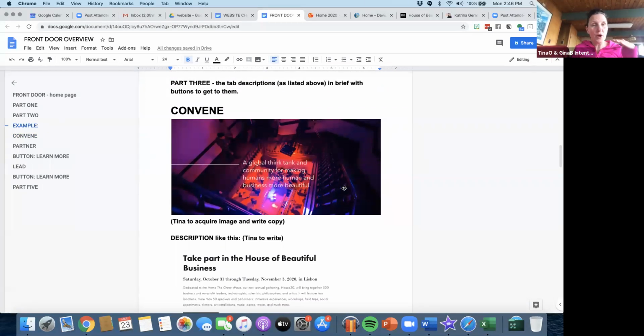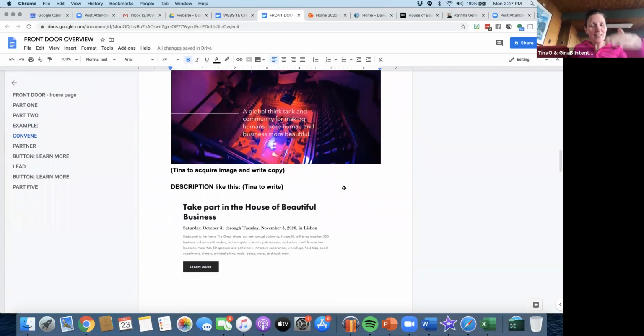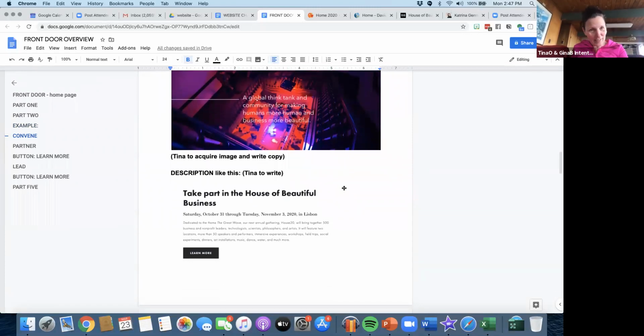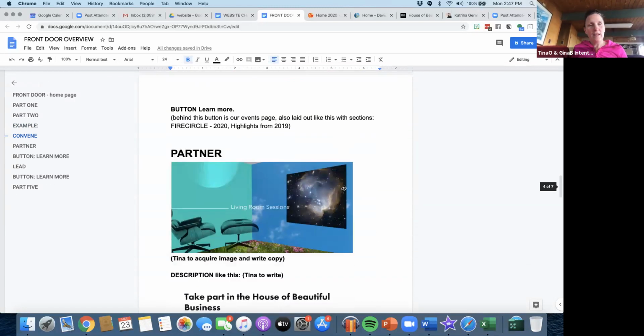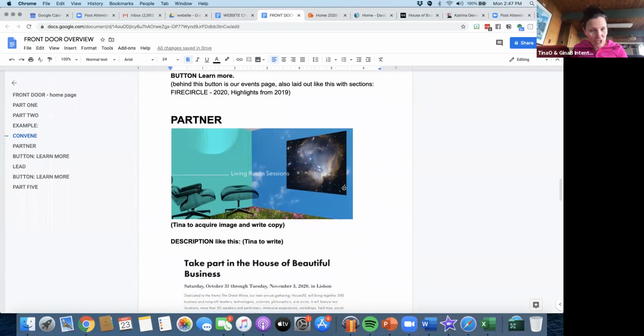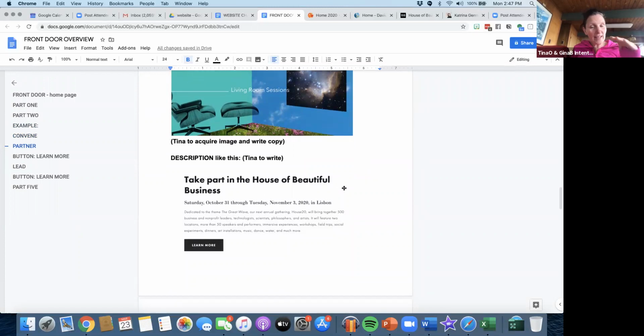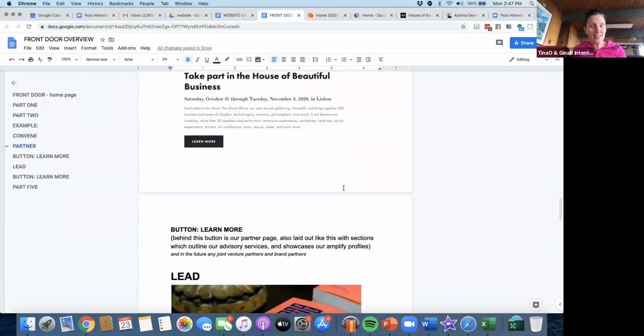Okay, so we're still on the homepage in part 3. We're going through all the individual pieces of Powerhouse. What do we do? We convene. Here's an image of what it looks like. This is a description about it. Click here, and our convene one takes us to events. Our next one is partner: partner, image, description, learn more. When they click learn more, it's going to take us to